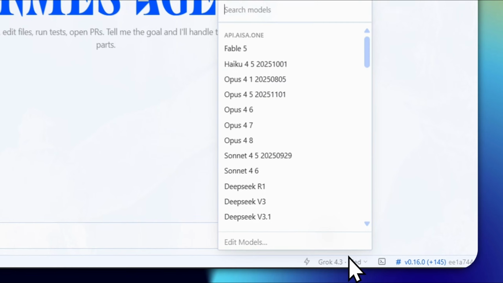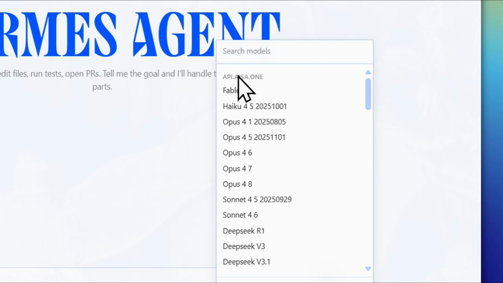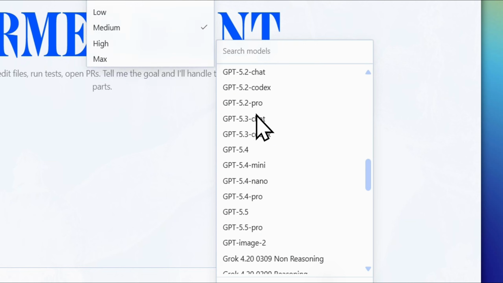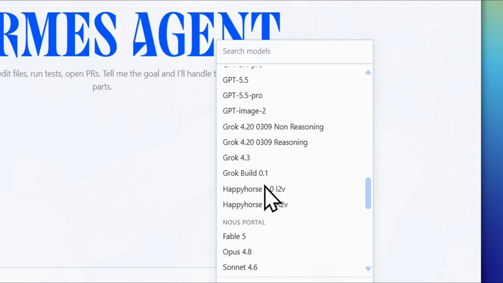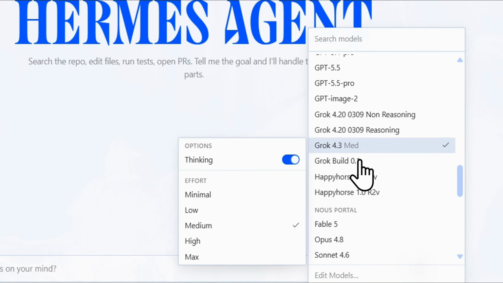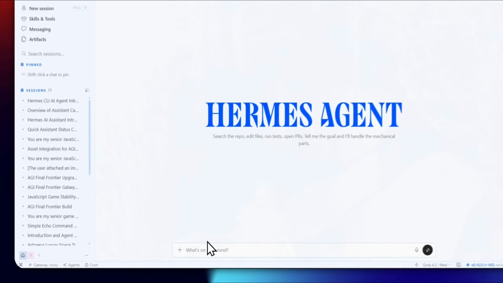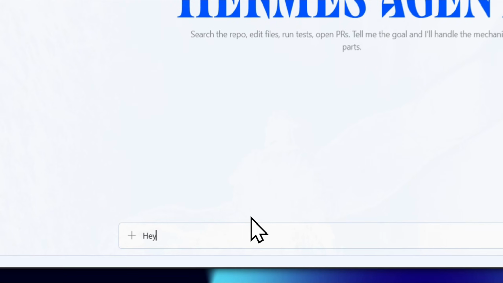Let's quickly check over here. Okay, Grok over here, api.aisa.one, right? And we have Grok 4.3 selected, right? Yeah, we have Grok 4.3 selected. So let's just quickly tell Hermes something. Let's see if it's going to work. Give us a reply. Show the desktop. Yeah, so